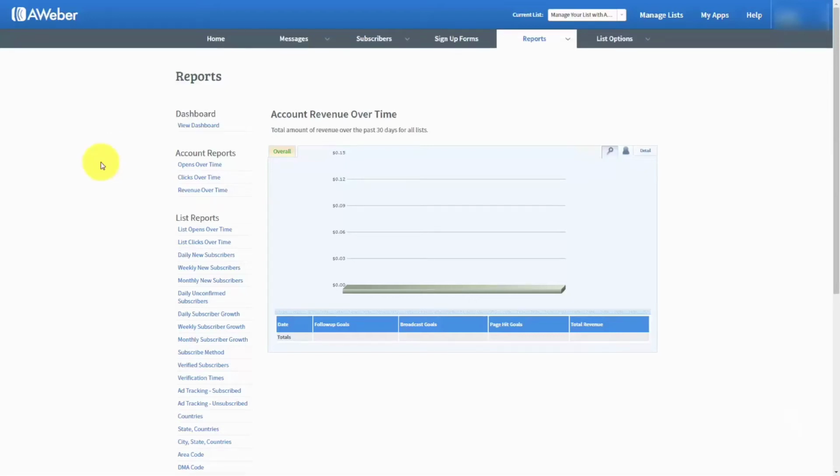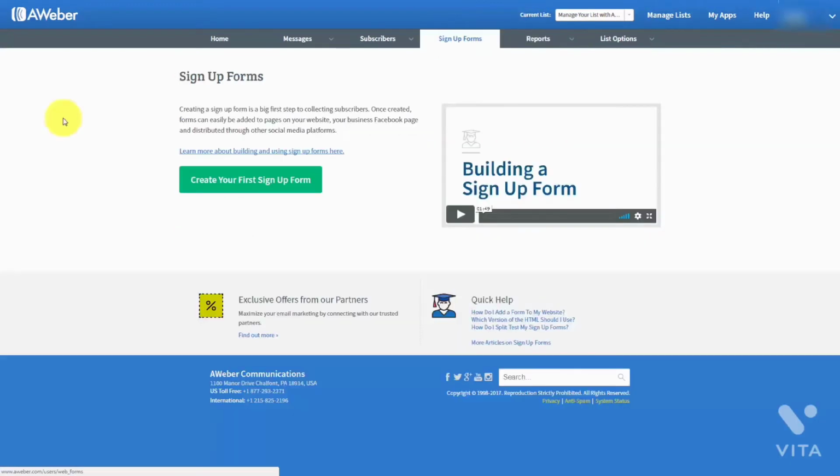Welcome back. We will now look at the sign up forms, and you can get to the sign up forms by going to the sign up forms tab and clicking this link. Now when you first reach the sign up forms tab, you can actually click this button, which will take you